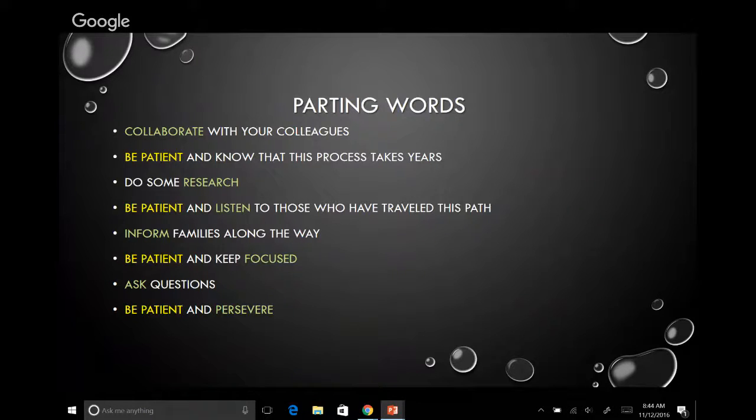You may find that it's hard to get everyone as excited as you are, but if you can move them closer to this destination and closer to buying in, then keep working on that why, and your colleagues will kind of take risks and join the fray. And then be patient. You know that this process takes years and years.